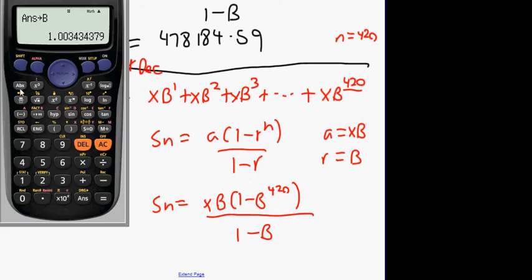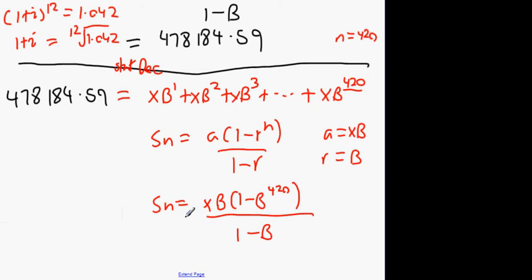Okay, so we put this into the calculator. So what we get is alpha b into 1 minus b to the power of 420, all divided by 1 minus b. And what we get here is $940.96. X will equal this amount here to